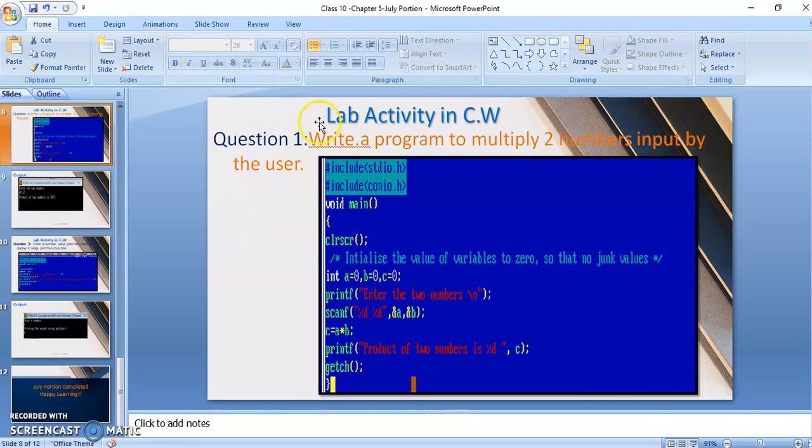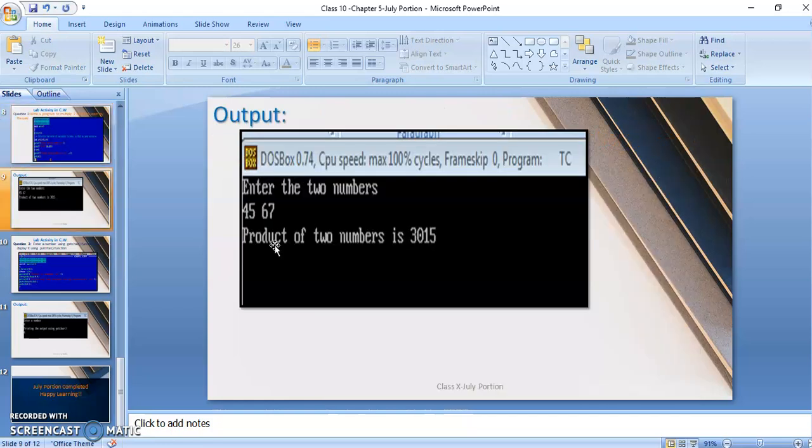Okay, so header files I need not explain again. #include <stdio.h> and <conio.h>. void main. So I'll come to the main part. Enter two numbers. Since they asked you to multiply numbers, first you have to get two numbers, right? Then scanf. I told them it's an integer, and to store, I used an ampersand symbol in front of the variables. Since it's multiplication, I am using the multiplication operator. printf: whatever is stored in c, I have to display that. Yes, it's a very simple program. See how I run the program.